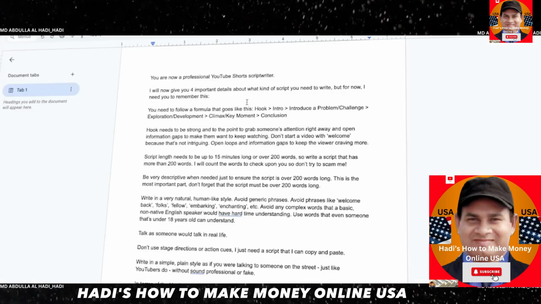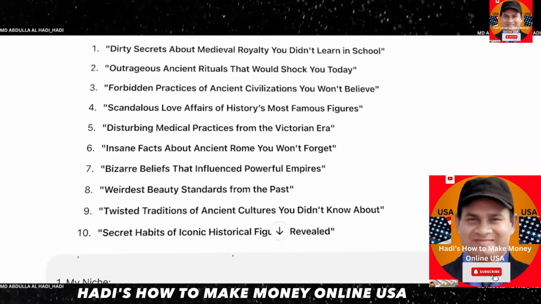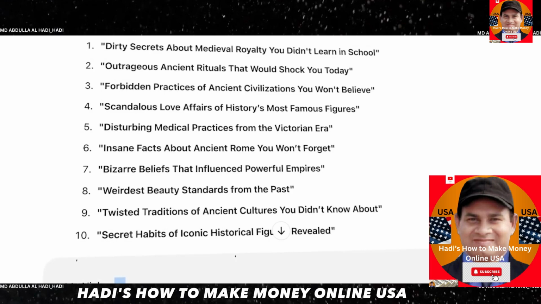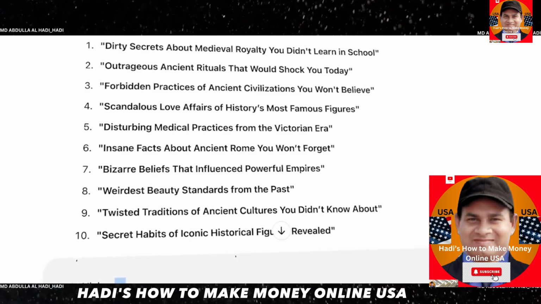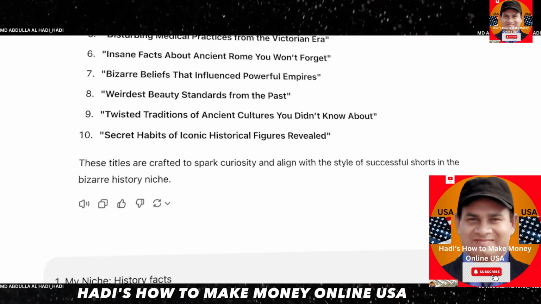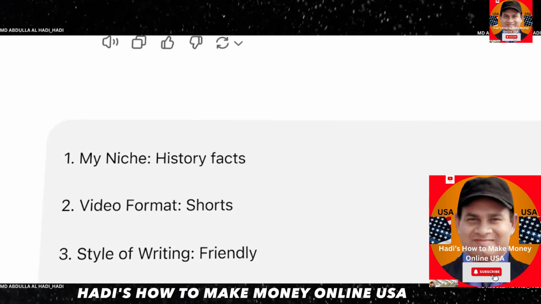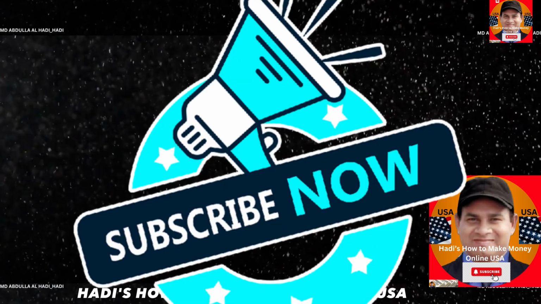And where to get it for completely free, how to actually copy it from this document. But once you have it, you're gonna go back to this ChatGPT chat. You're gonna type in your niche, whatever that is, and later on I will give you a list of 1,000 different example accounts so you can choose any niche you want. For this example, I'm gonna be using the history niche. Video format is gonna be shorts, style of writing is gonna be friendly, and a brief description of what the video is about. Well, I'm just gonna take